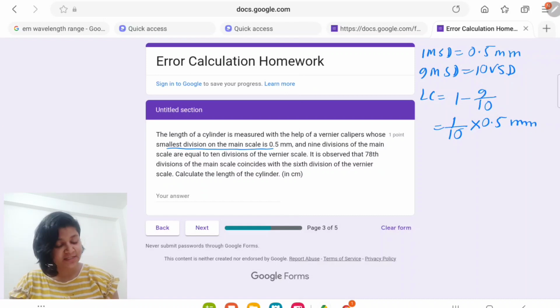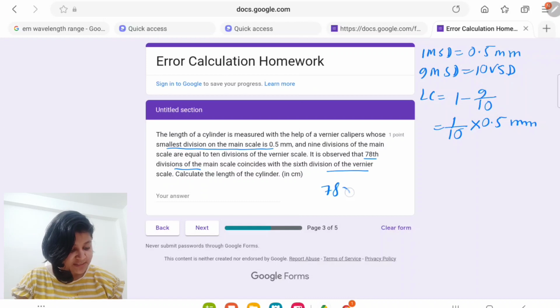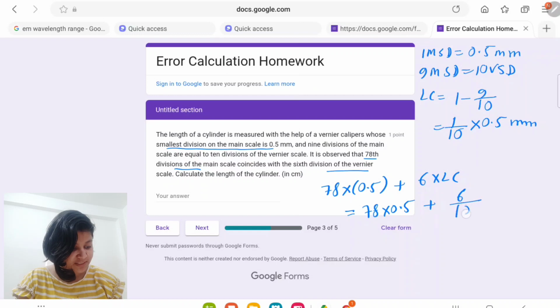Now what is the reading in our scale? It is 78 divisions of the main scale and 6 divisions of the vernier scale. That means 78 divisions on the main scale plus 6 divisions on the vernier scale: 78 into 0.5 plus 6 by 10 into 0.5. So 78.6 into 0.5, that is